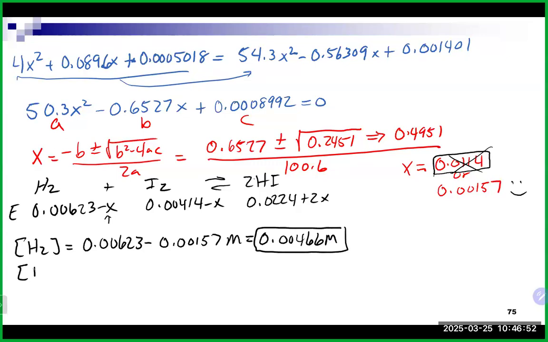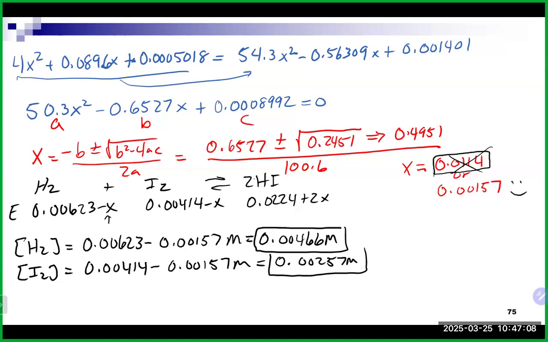For our I2, putting it into the equilibrium line, 0.00414 minus X. Gonna get us here 0.00257 molar. And lastly, for our HI, gonna get us here 0.0224 plus 2x. Again, remember that is a plus, not a minus. And that's gonna get you there